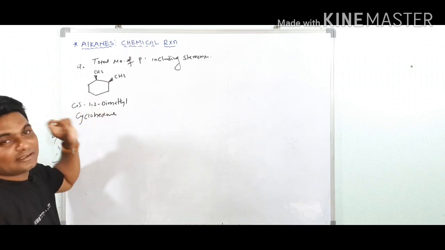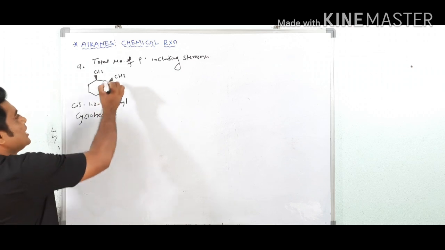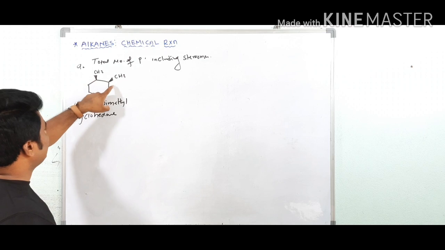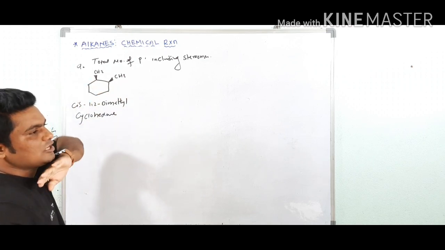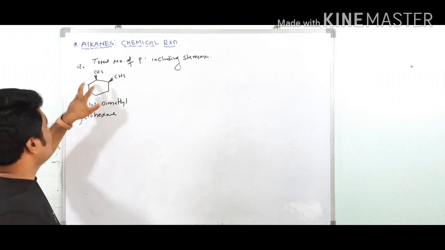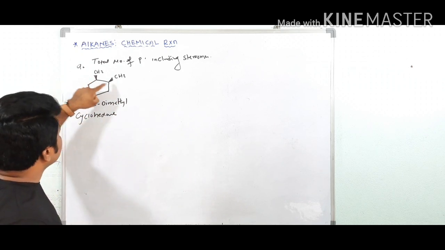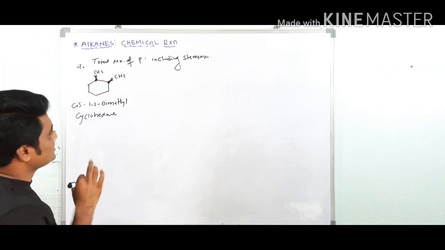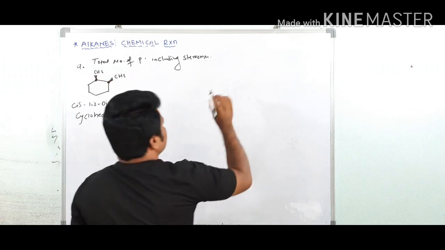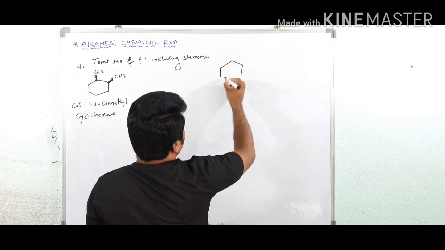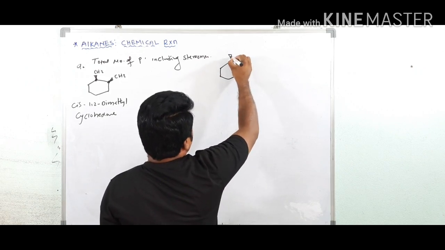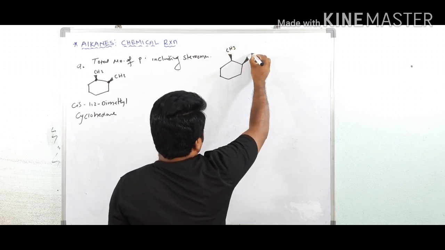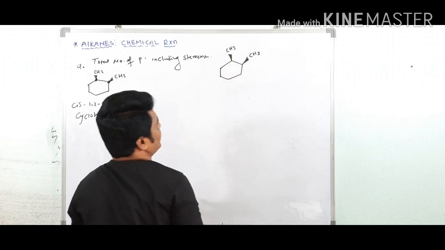First let me explain the character of this compound. Here both are above the plane, cis, otherwise below the plane. But here the stereochemistry, both are chiral, the stereochemistry of these carbon atoms is fixed. Are you getting my point? Not changed. Now see, are these two carbon atoms same or different? Now let's see the stereochemistry. So first we have to see, are these two carbon atoms same in stereochemistry or different?